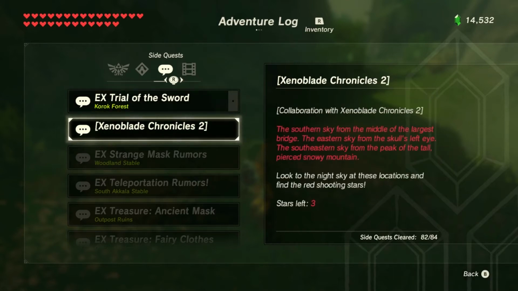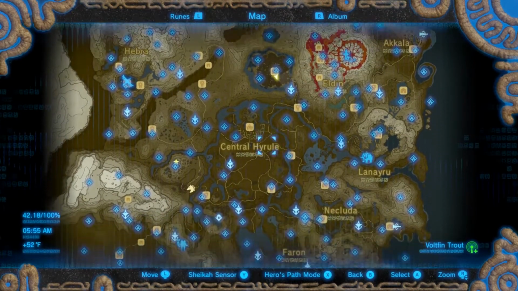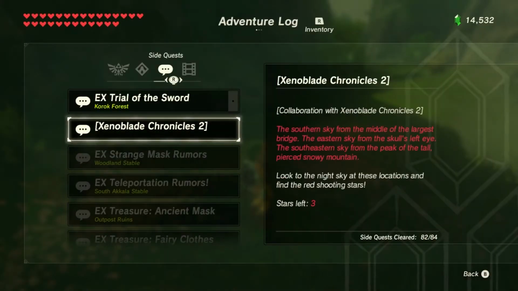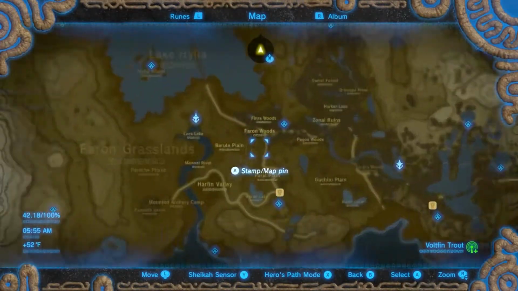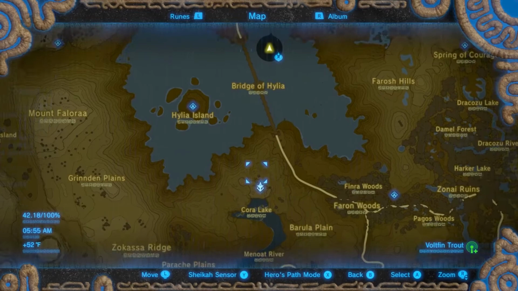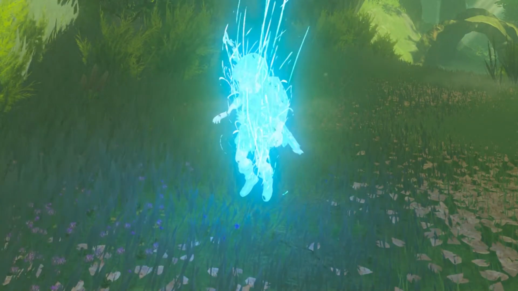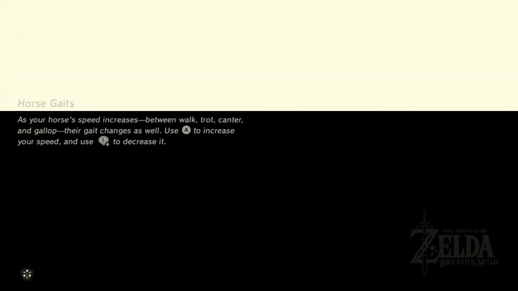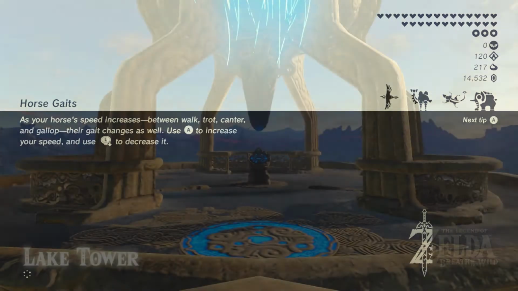Okay. I don't remember the Breath of the Wild map particularly well, so this could be a bit of a problem. Alright. Southern sky from the middle of the largest bridge. I'm assuming that's the Great Bridge of Hylia, because that's always the Great Bridge of Hylia. So we'll start by going to the Lake Tower. And actually at least this is in another open world Monolith Soft game. So it's sort of the same thing as playing a Xenoblade game for the Xenoblade Let's Play, right? Like, this isn't going on the playlist for that, so I'm not going to subject you to this, but